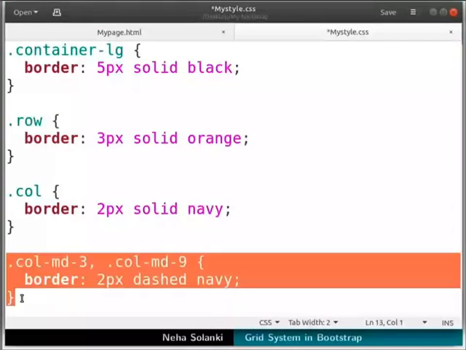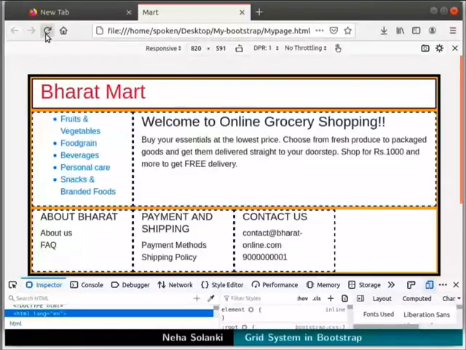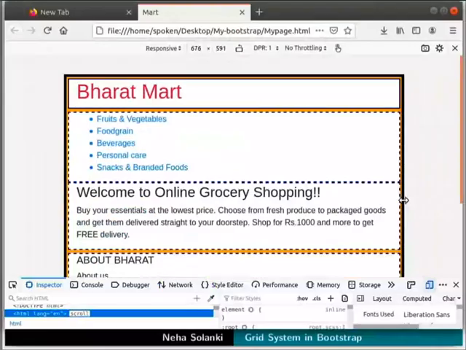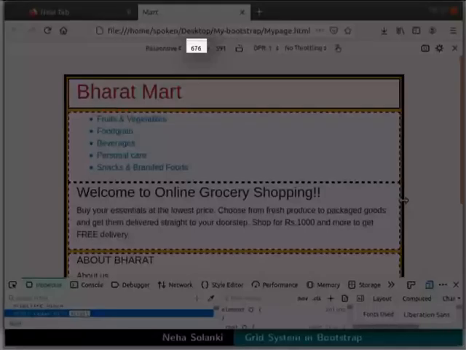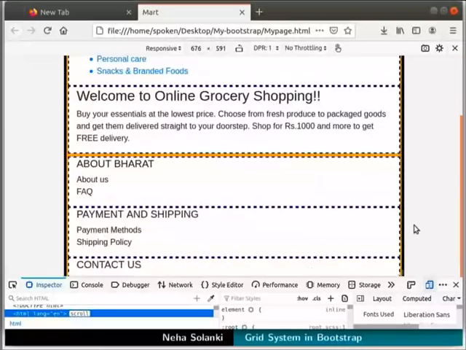Switch to the mystyle.css file. Next to the .col class, update the column classes as shown here. We have set a 2 pixel dashed navy border for .colMD3 and .colMD9 column classes. Save the file. Switch to the browser and refresh the page.